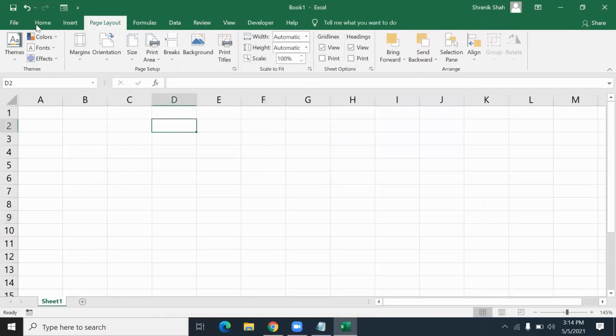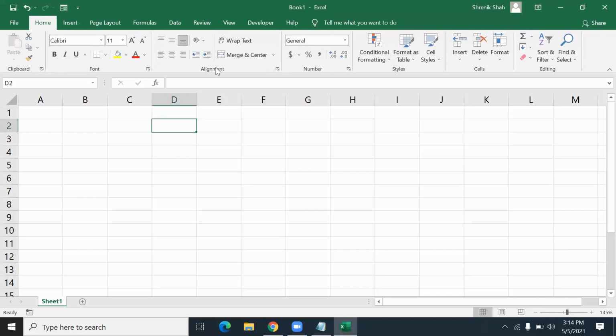The next part is that in each tab you will find many commands. Collectively grouping them, it's called a ribbon, and they provide different features. Word, Excel, PowerPoint, many different software. Each software has its own documentation area. Like MS Word is used for typing letters, creating notices, or you can design visiting cards. You can type your resume. Like Excel is used for calculations, and PowerPoint is used to design slides and present your reports to an audience.